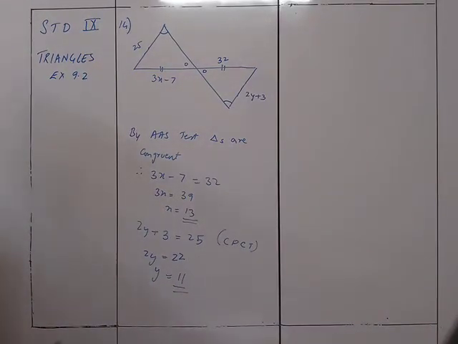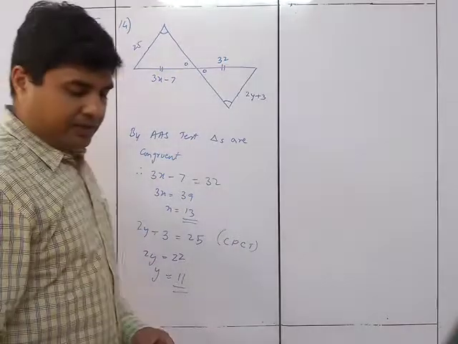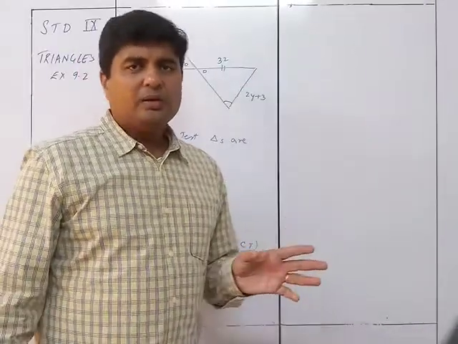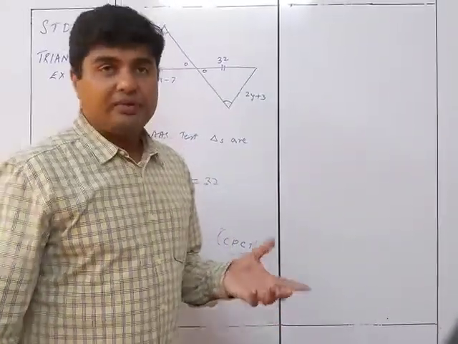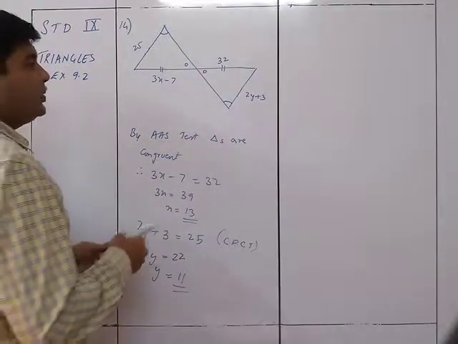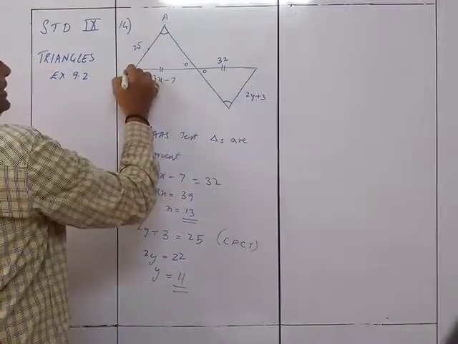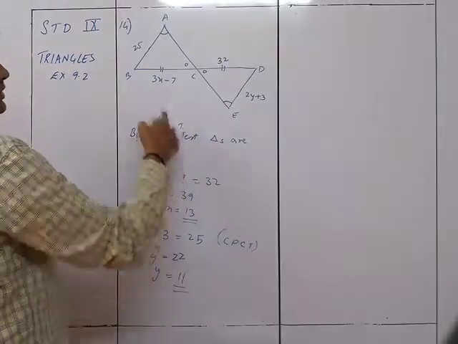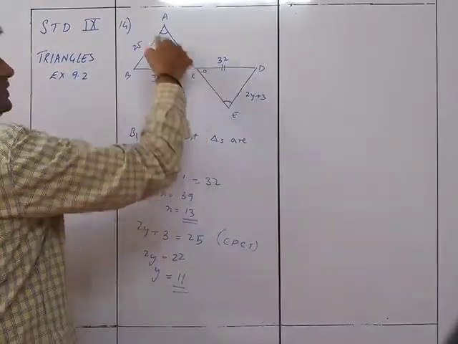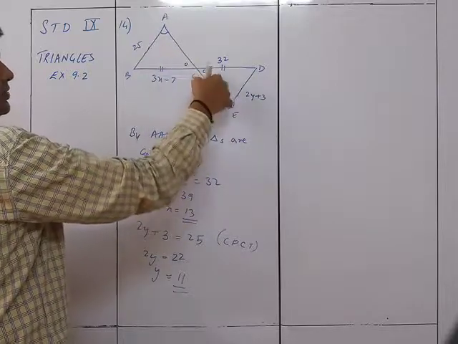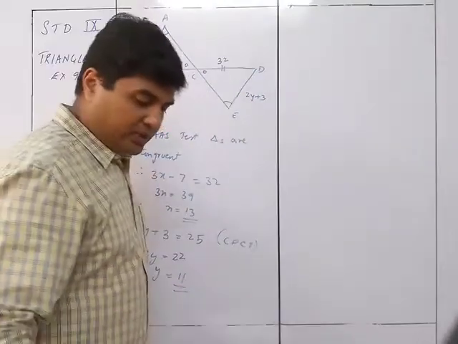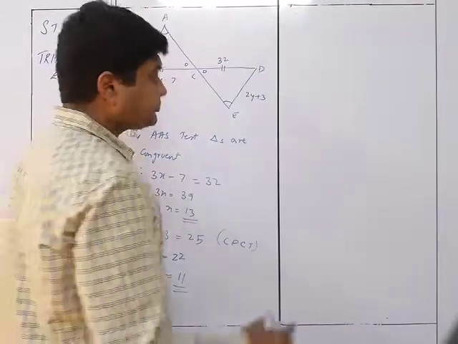Easy sum. Because they are not given any other details, we need not write how they are equal and all. Such sums normally don't come. If they come, they will always give you this, or you will need to write over here A, B, C, D and E, and then say that this side is equal to this side given, this angle is equal to this angle, and then prove it to be congruent. It's very easy to do, so not much of an issue.